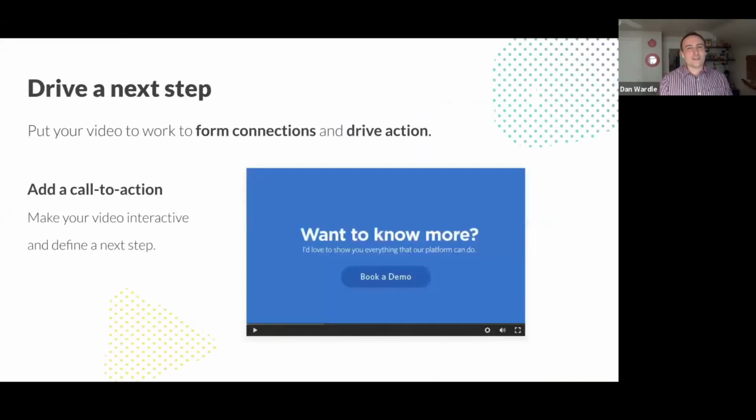We skipped a couple in here that I just wanted to go back to that are really key. Earlier in the deal cycle, and I put these slides in order of the deal cycle, something to think about, especially if you're in the early stages and maybe they haven't committed to the next steps, to your point, in your discovery follow-up: you can also try to drive connections through your video. So either drive them to